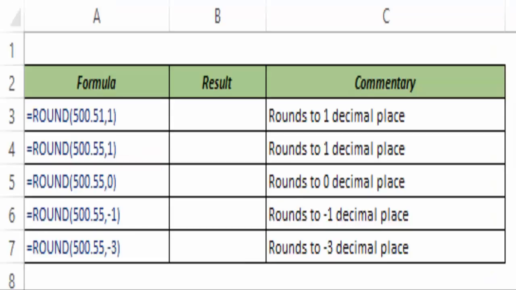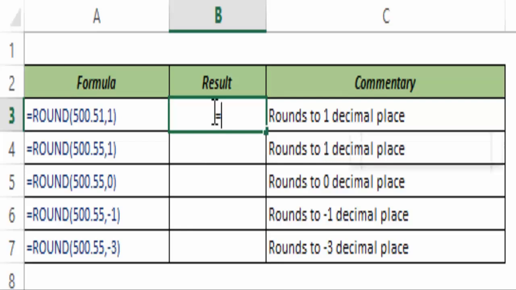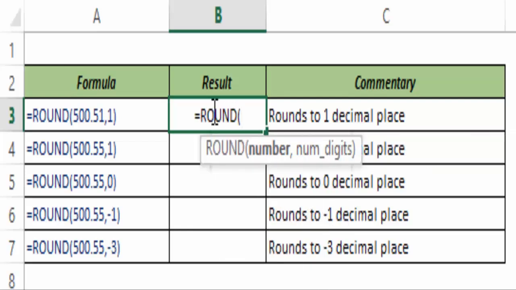This is a mathematical function that can be used to round off numbers, and you can specify the number of decimal places till which you want to round it off. So let me show you how this works. I type round,